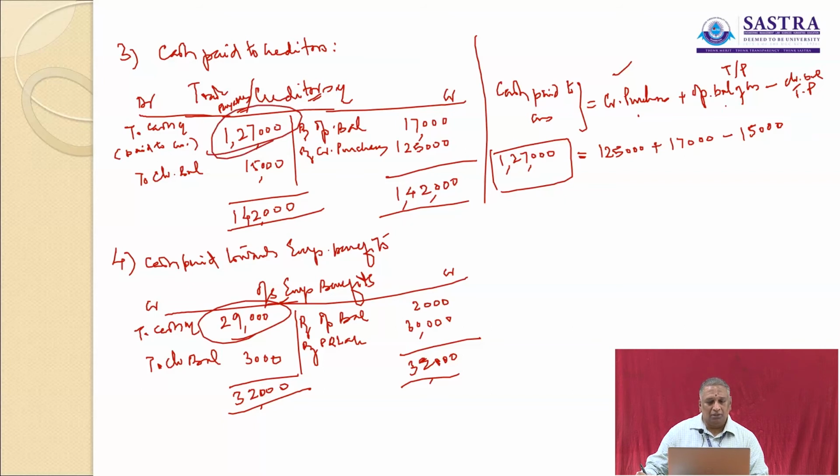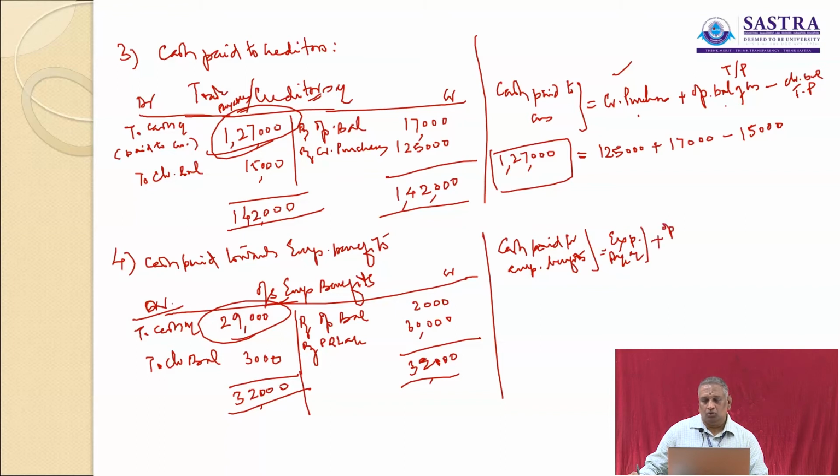So more or less for credit items, the method remains the same. Opening balance appears on the credit side and closing balance appears on the debit side. So you can do this in the form of an equation also, the similar type of equation that we applied for cash paid to creditors. So here cash paid for employee benefits is equal to expenses claimed as per P&L account